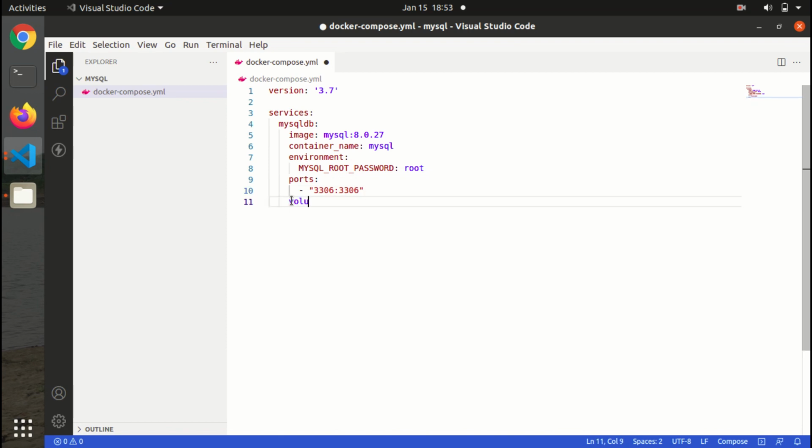Now we'll bind the data. So a local directory will be bound to the Docker's MySQL directory so that our files will be locally stored.